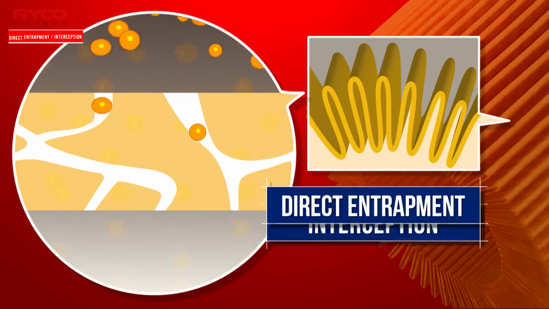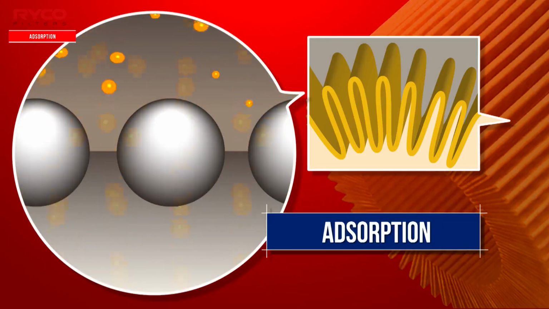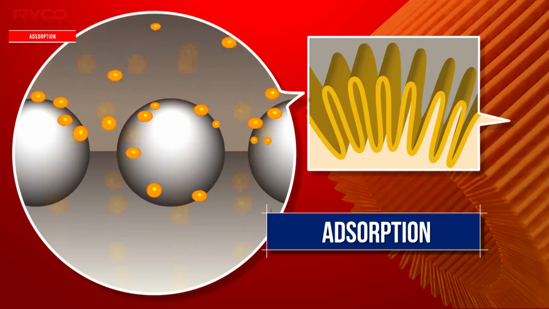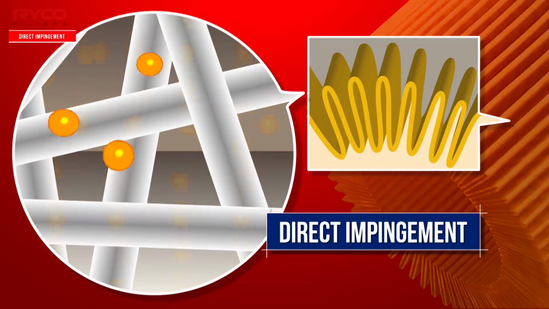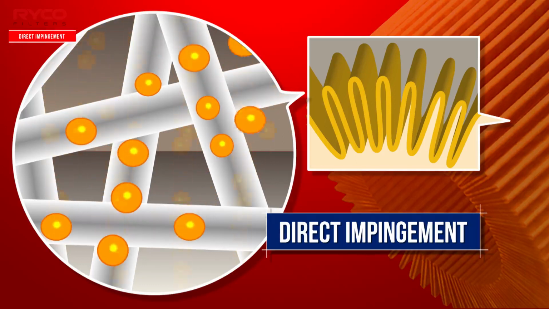There are several different processes at work within operational media. Direct entrapment or interception is when particles are trapped on the surface or within the fibres of the media. Adsorption involves the adhering of contaminant molecules to the surface of a solid adsorber, which works by attracting the contaminants that are smaller than the pores in the media. Direct impingement occurs when the contaminant particles attach themselves directly to the surface of the media fibre, rather than being trapped within a pore. The particles are held by either absorptive forces or the flow of liquid or gas passing